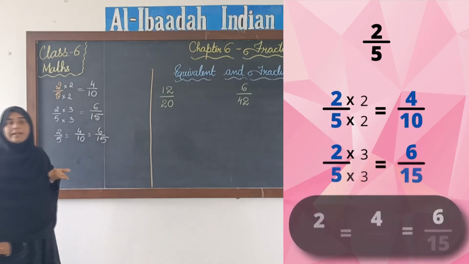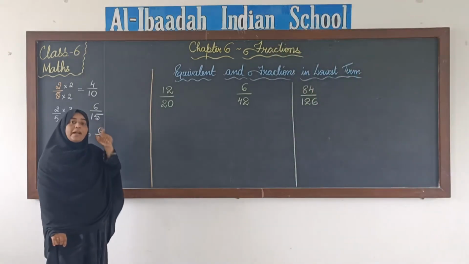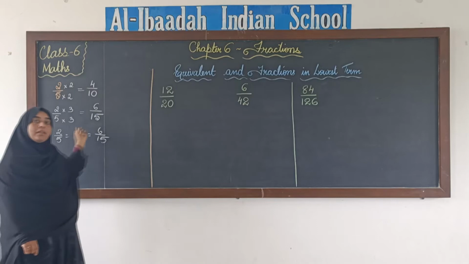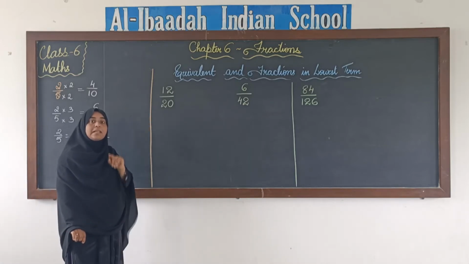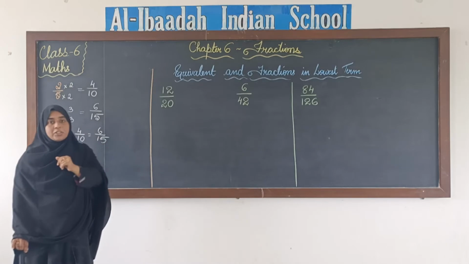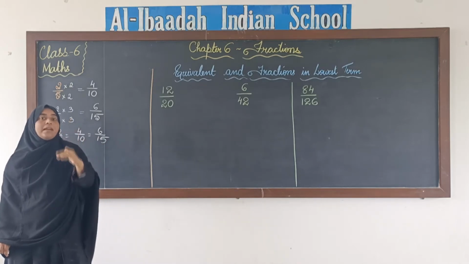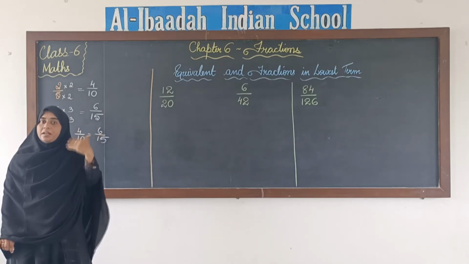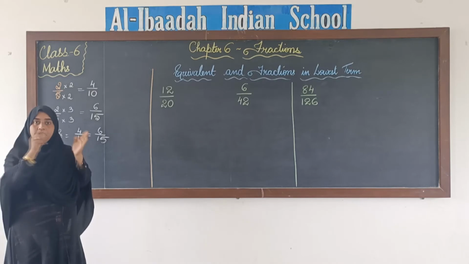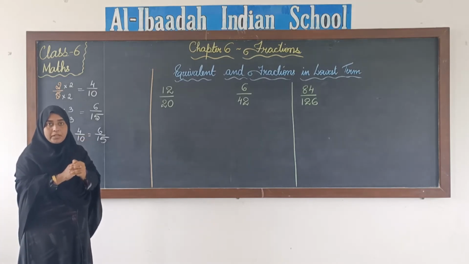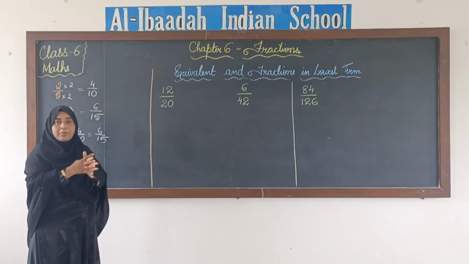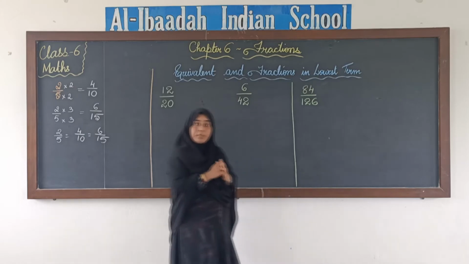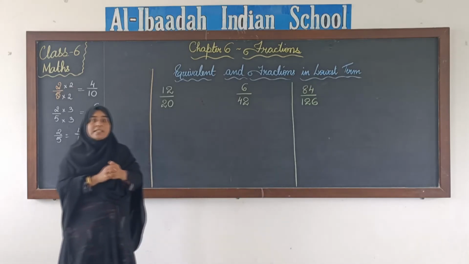The second way of finding the equivalent fraction is we can divide the numerator and denominator with the same number. Like how we multiply, same way we can divide the numerator and denominator with the same number, and we will get a new fraction, but there the values of the numerator and denominator will be less. Okay, it will decrease, it will not increase. Now when we get a fraction in the lowest form, such type of fractions we call equivalent fractions in the lowest form. Equivalent fractions which are in their lowest terms.